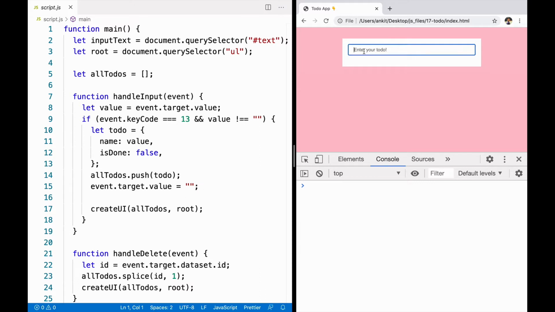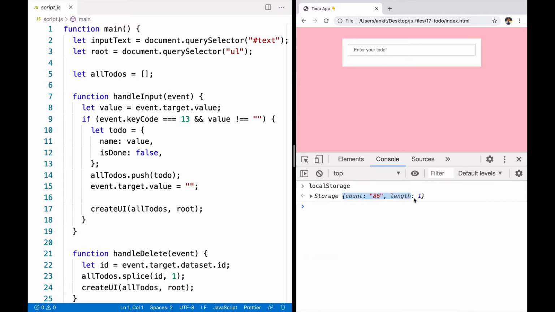To-do list, where we can add a to-do, delete a to-do and toggle a to-do. But what happens every time we refresh this page, the to-do list that we have added earlier goes away. And similar to the last app that we built, the Counter, where we added local storage, we want to persist the data here in the to-do list. So let's go ahead and access local storage.